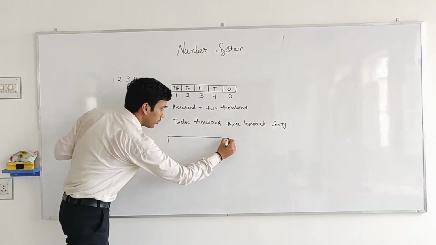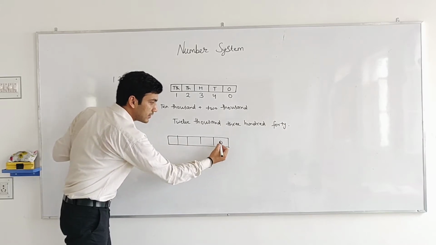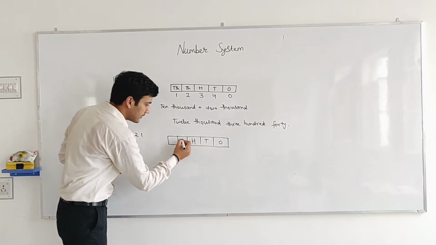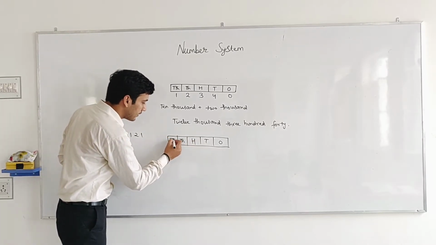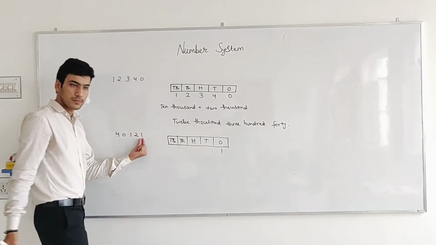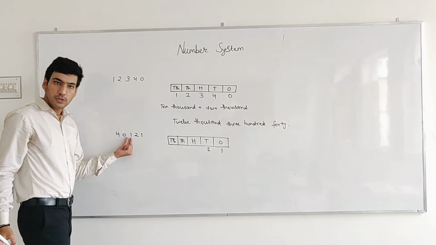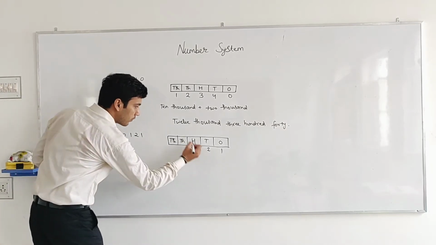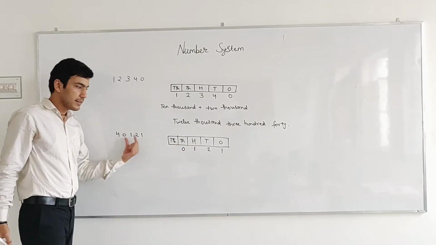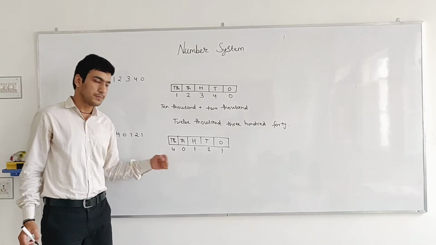First of all, we have to draw place value chart for 5-digit numbers. This is ones place, this is tens place, this is 100 place, this is my 1000 place, and this is my 10,000 place. Okay? Now 1 is on the ones place, so I write here 1. 2 is on my tens place, so 2. 1 is on my 100 place, so 1. 0 is on my 1000 place, so 0, and 4 is on my 10,000 place, so I will write here 4. Now what's the number name of this number?